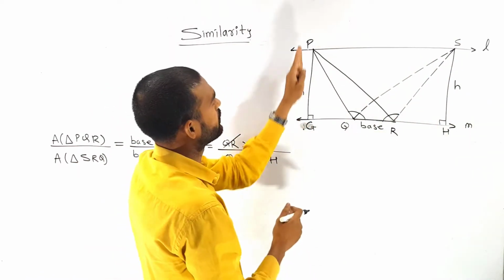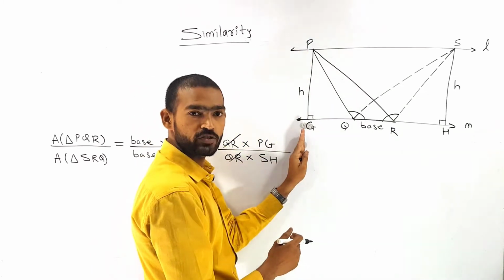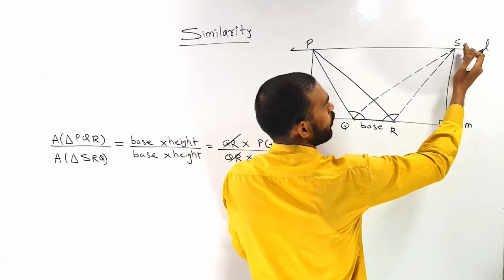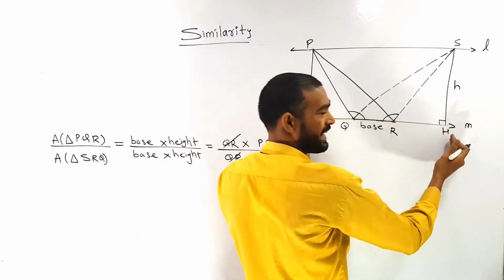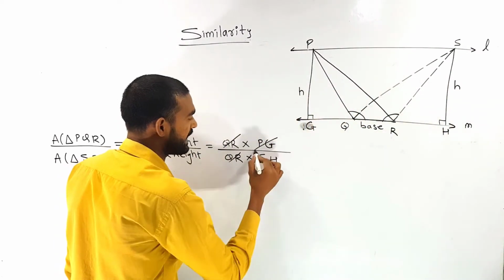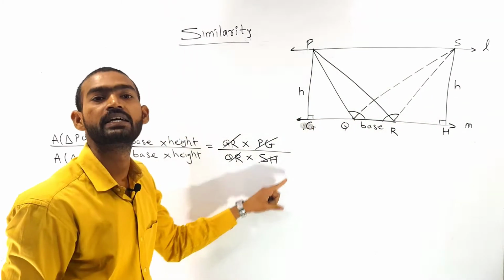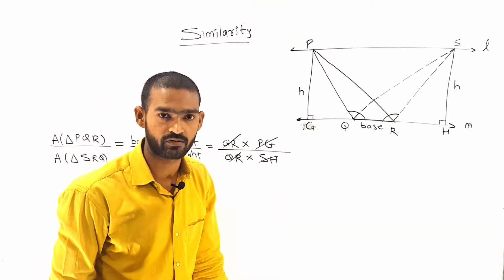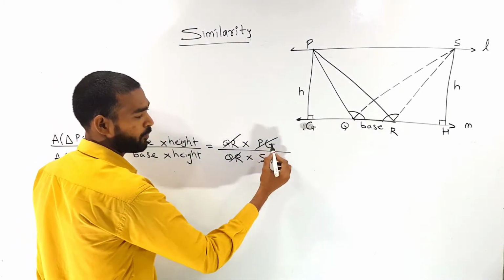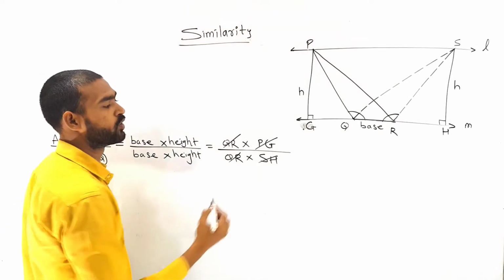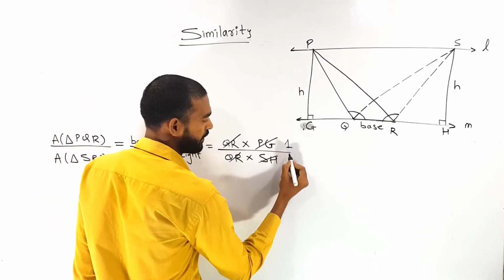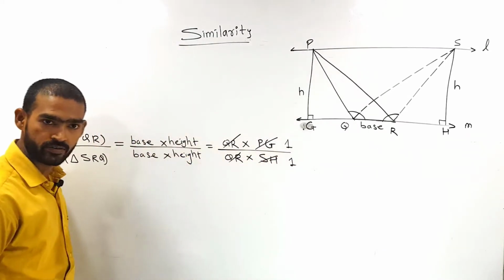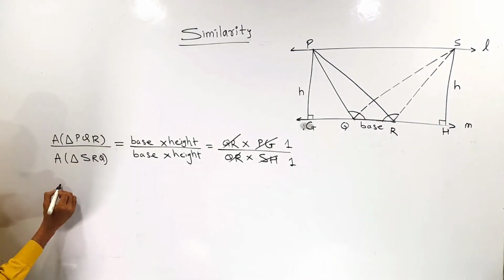So it means the height of the first triangle PG is also equal to the height of the other triangle SH. Both are exactly equal to each other. Clear, students? So same upon same will get cancelled. What do we have? We will have 1 upon 1. So my answer is